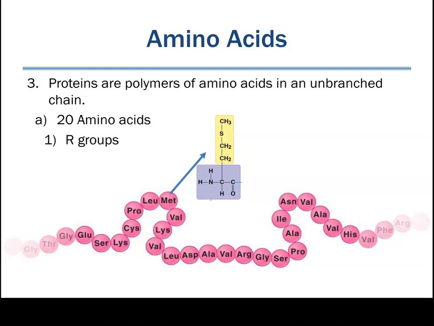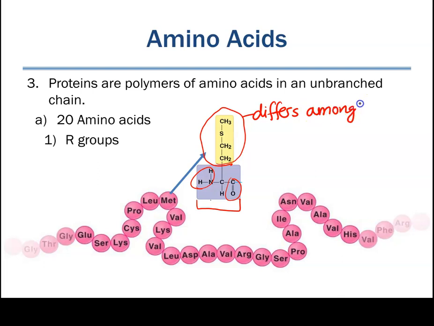Proteins are a polymer of amino acids, which means they are a chain of all these repeating units called amino acids. Now, the initial chain of amino acids is unbranched. It looks like pearls on a string. At least in this picture, it is a repeating structure made up of two parts. We have this bottom part that has an amine group and a carbonyl group, and then we have this other structure that actually differs